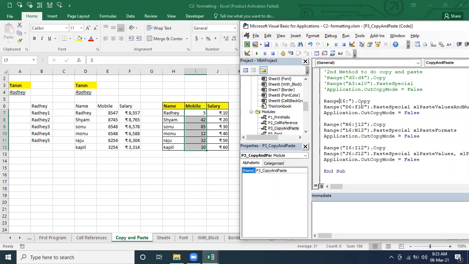Parenthesis. I6 to what? You have to define the range now. Which range are you going to pick? I6 to I12. You want both? Okay.